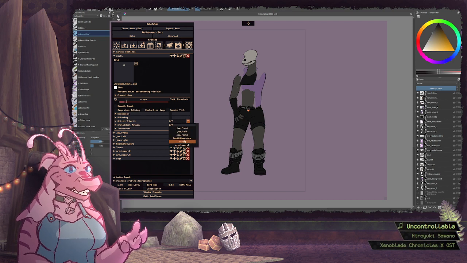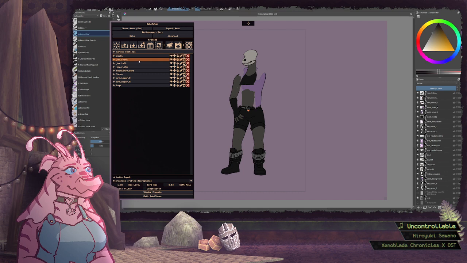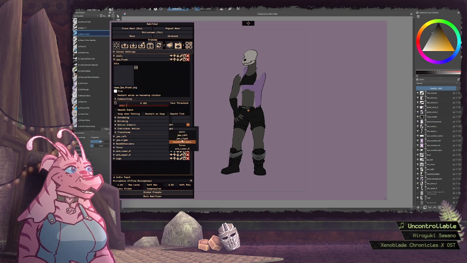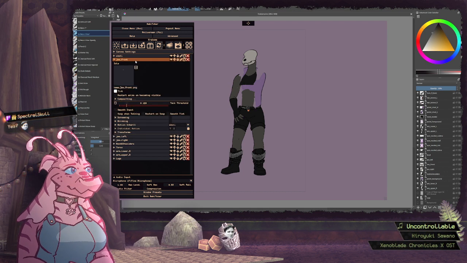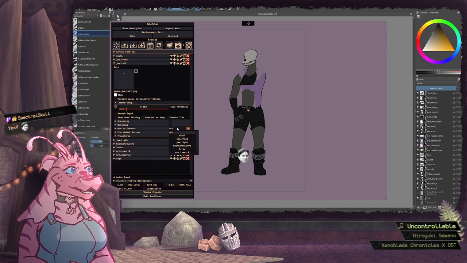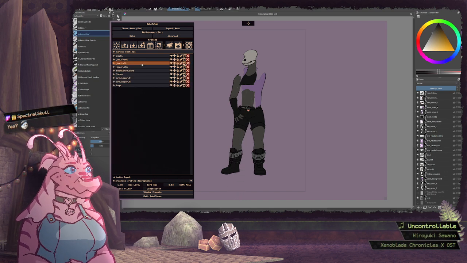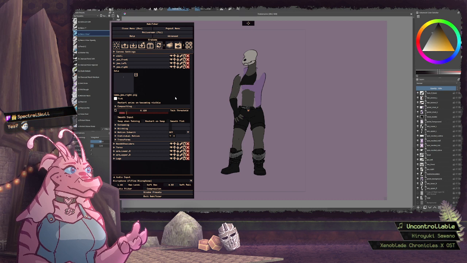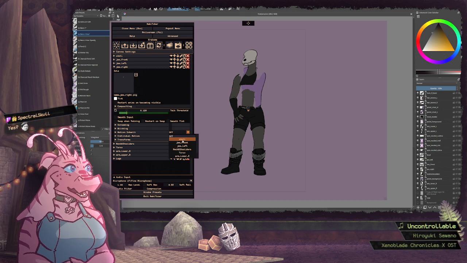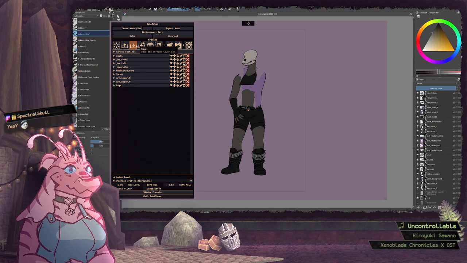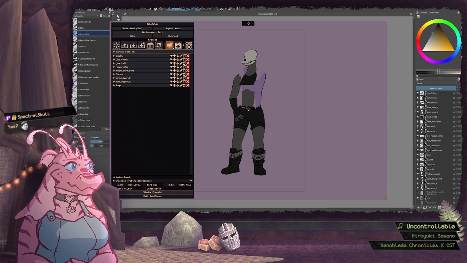So that inherits off of neck and shoulders. Jaw front inherits off of skull. Jaw left inherits off of skull. Skull, yes, hello. Jaw right inherits off of skull. Okay.